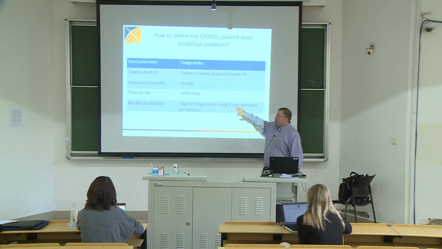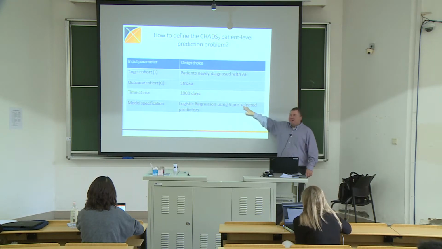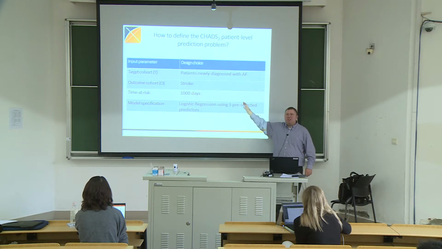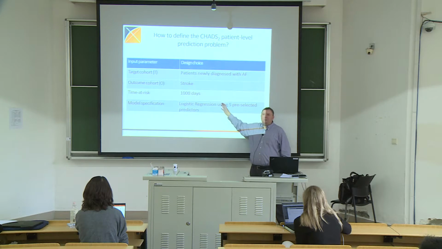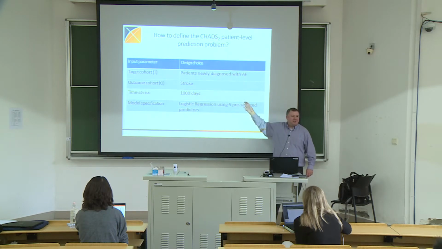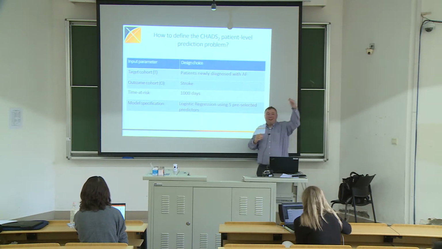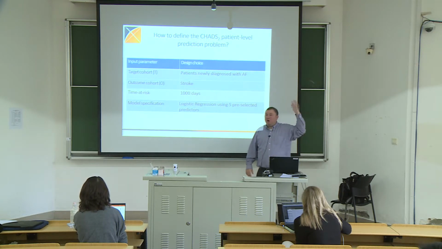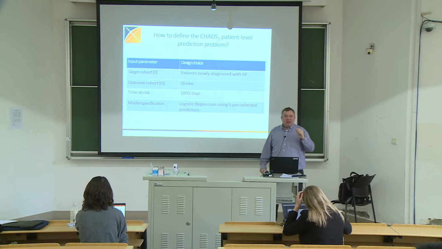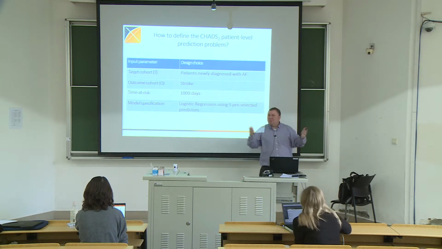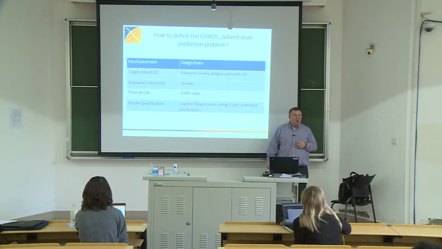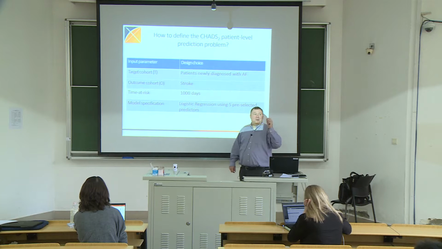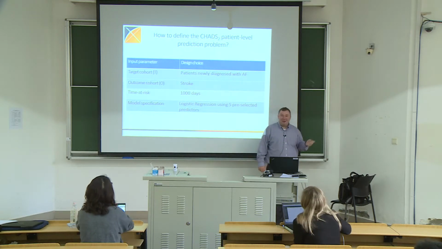The CHADS2 score has now been externally validated and shown that its predictive accuracy is only about 0.6 to 0.65. It's a little bit better than random guessing. It's very, very far away from perfect. And yet, almost all of you who are becoming doctors are going to be told to use it to treat your patients, because being a little bit better than random guessing is a heck of a lot better than